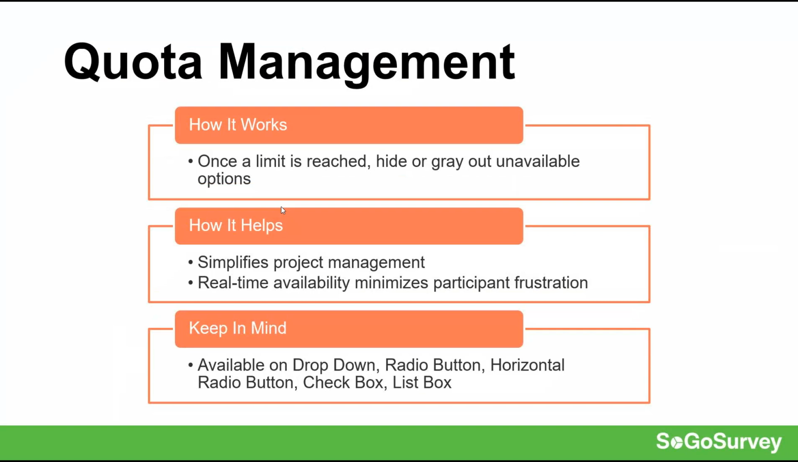which is known as Quota Management. How Quota Management works is that it's a feature that allows you to place limits upon answer choices in terms of how many times people can select that answer choice. And once a certain limit is reached, you can either hide it or gray it out as an unavailable option. And how this helps, as we'll see here in our example, is that effectively if you